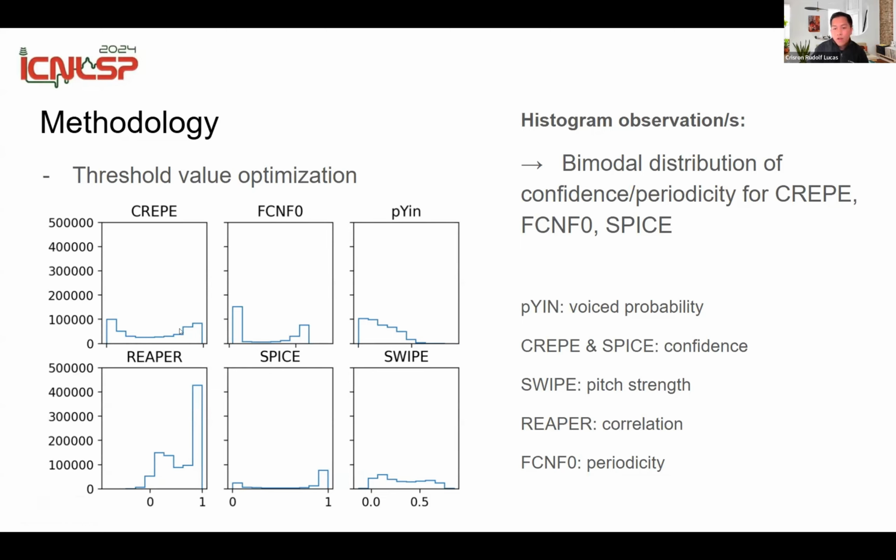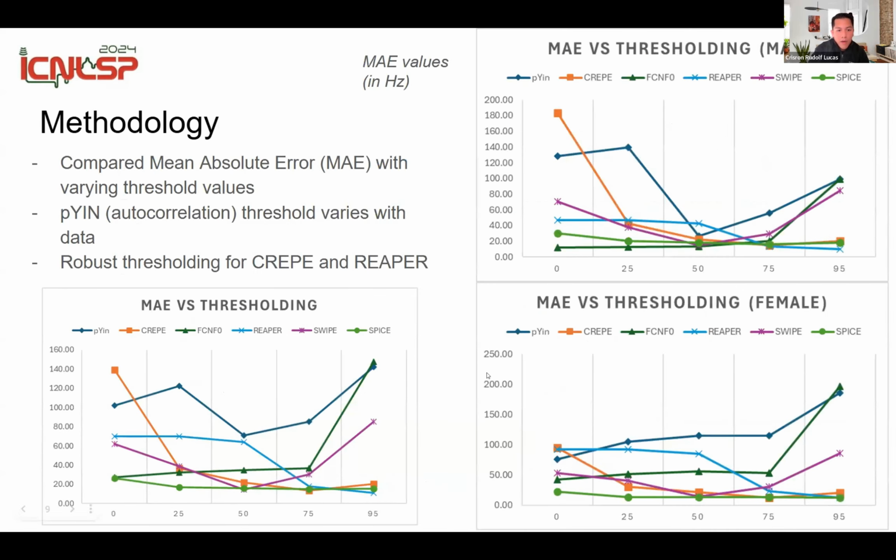So the ranges are quite different. Some range from 0 to 1 and some range from 0 to 1.2. And for Reaper, it's 0 to 1. And I tried to plot the mean absolute error across changing the threshold in the range of these values. So I did this experiment, and I noted different